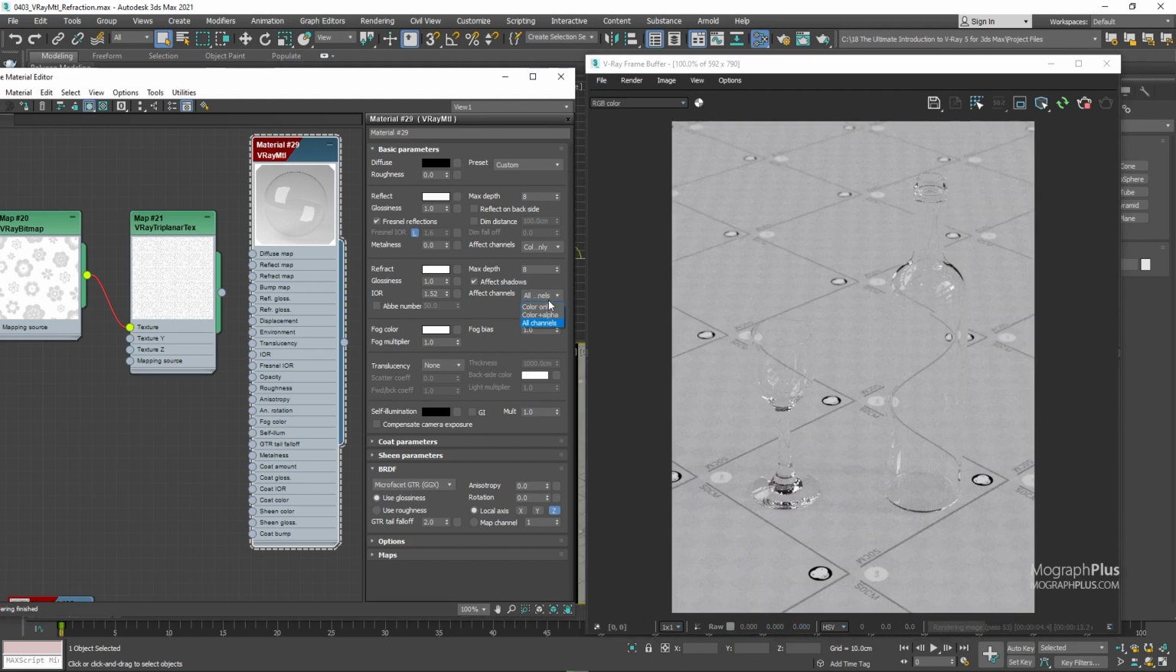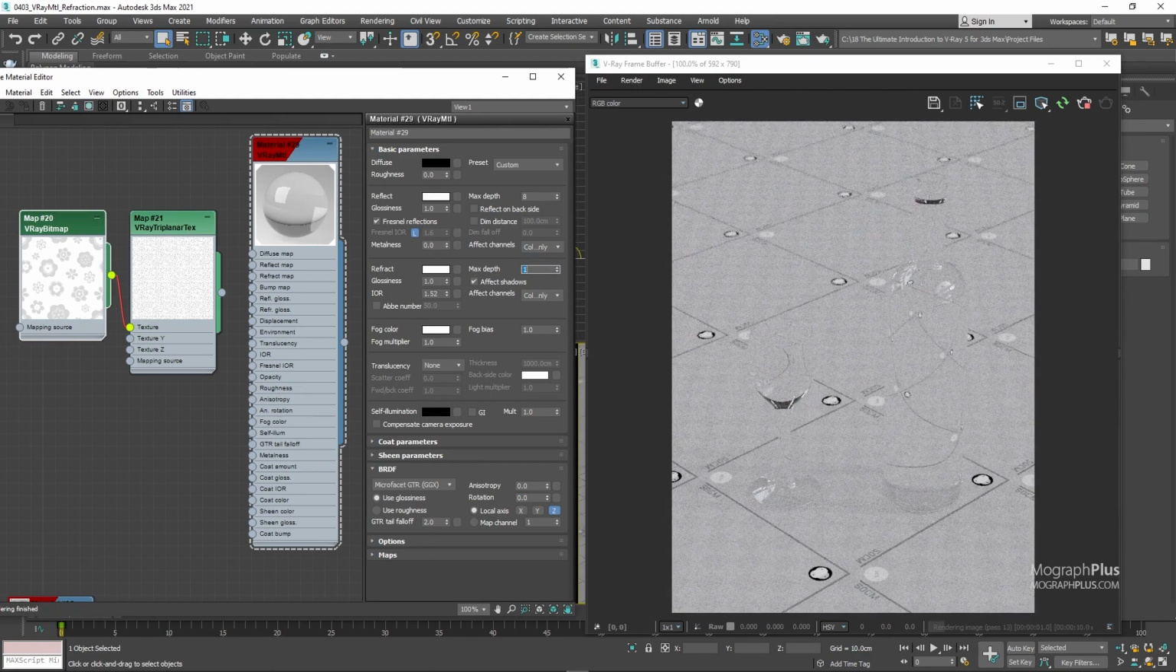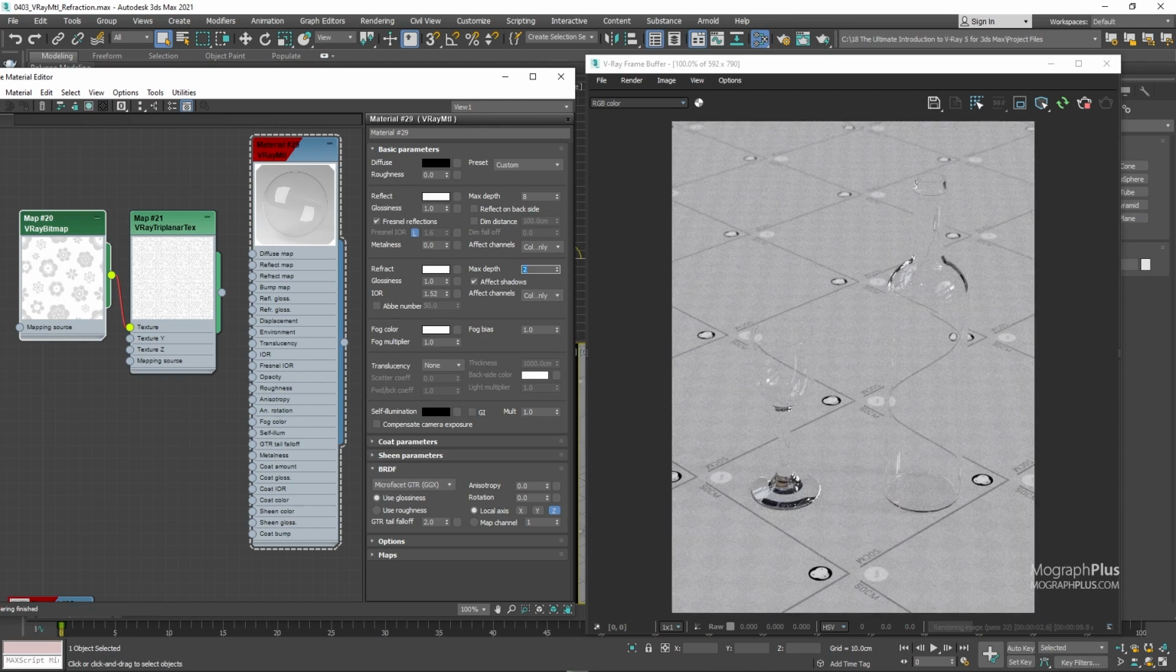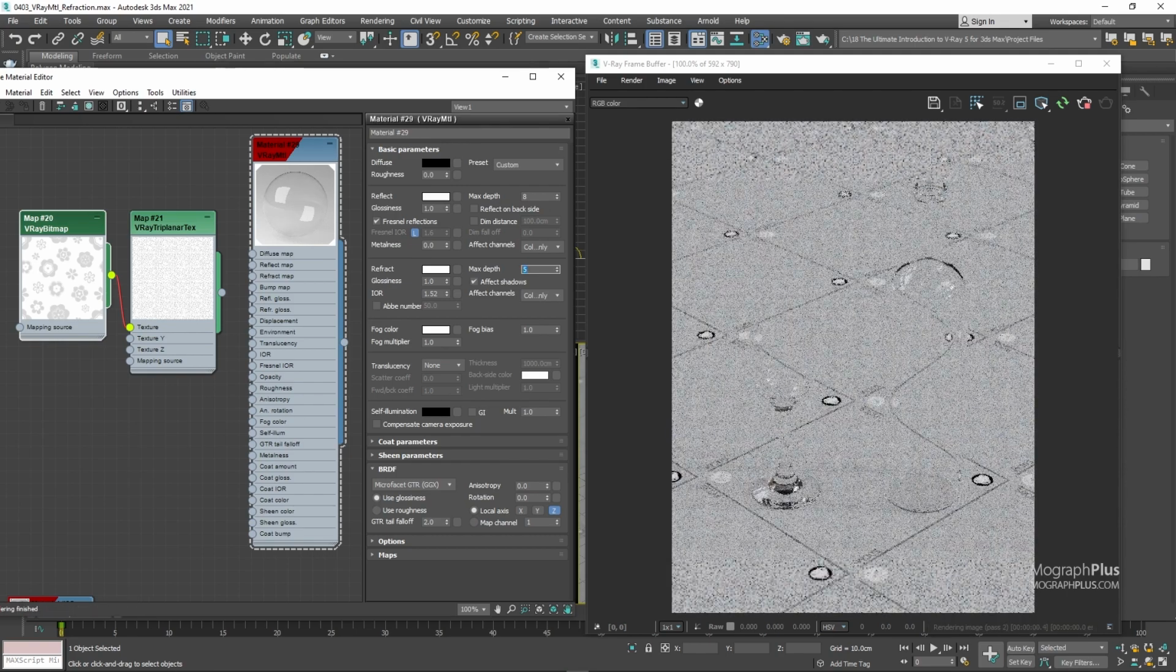Also, we have this effect channels parameter in the reflection section of the material as well, which works exactly like this parameter here, but for the reflection component of the material. Next, we have max depth, which is the number of times a ray can be refracted. At lower values like 1 or 2, we don't allow the refraction rays to be refracted enough times and we get inaccurate results. The default value of 8 should be more than enough for most